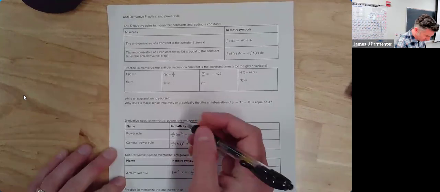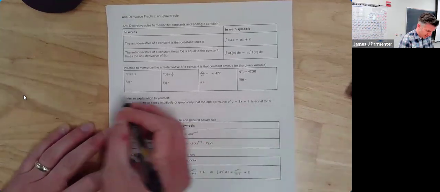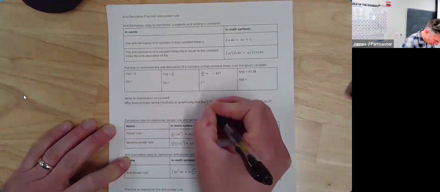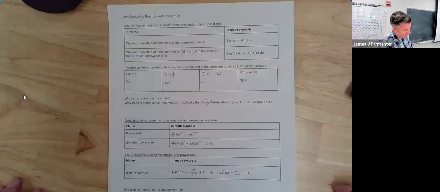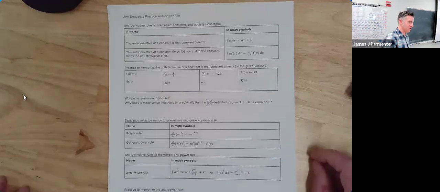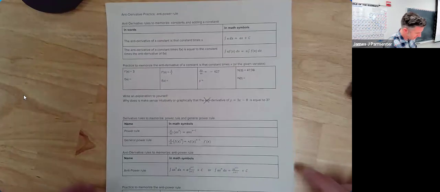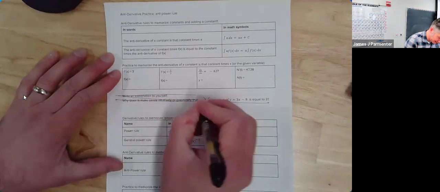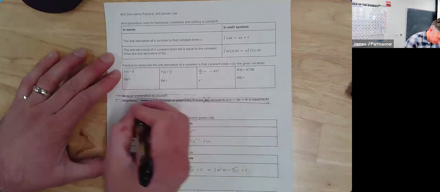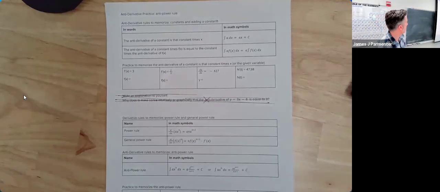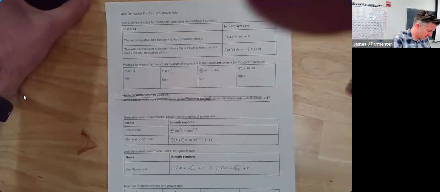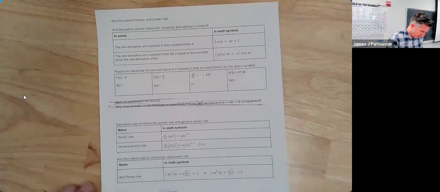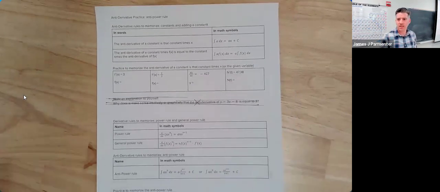But the thing I want to clarify here is that this part I just want to scratch out, but specifically if you want to make this sentence correct, you should cross out the anti part here, because it is correct that the derivative of 3x minus 8 is equal to 3, not the antiderivative. But really, I was talking about antiderivatives, so I want to cross this entire line out. I meant to write something else there, but ran out of time. So really, that can just go away. And let me fix this a little bit so it's not in the way so much. Cool. I feel like there's something else. Oh, does the F without a line